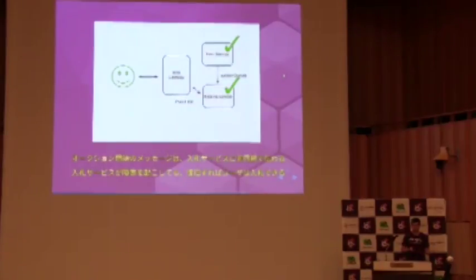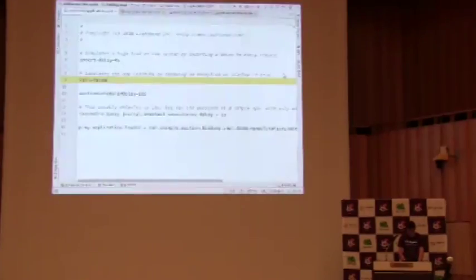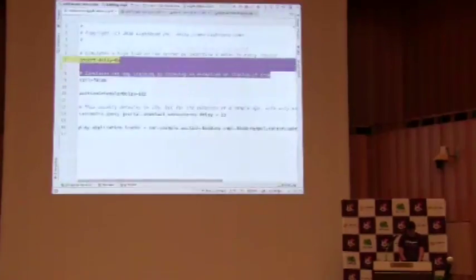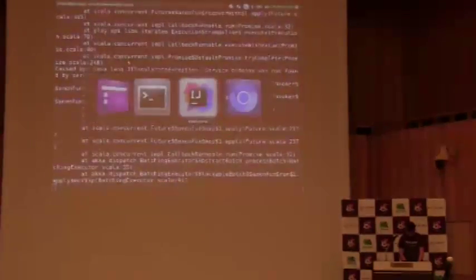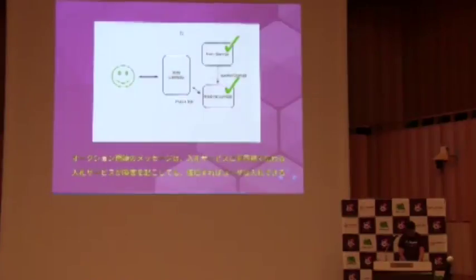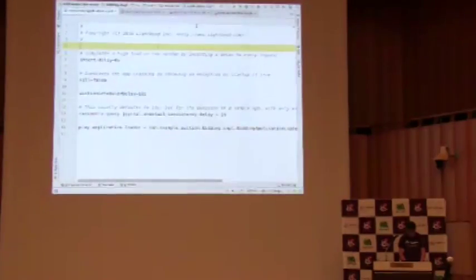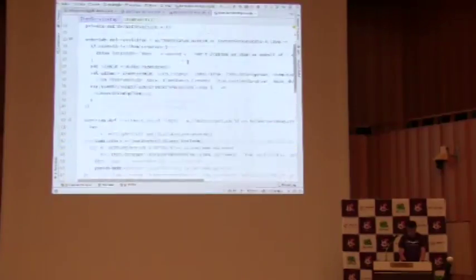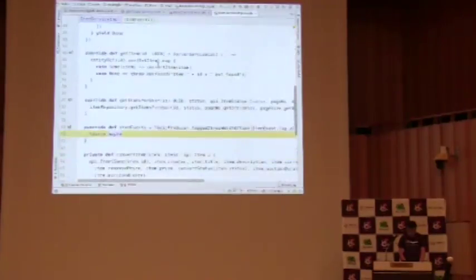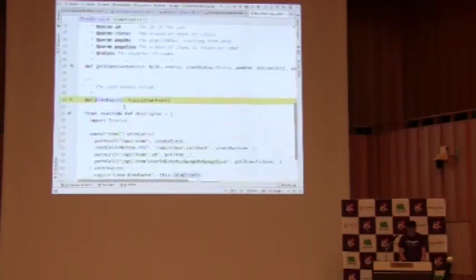So let's have a look at what this looks like. Here's my item service. Now in Lagom you have service descriptors, so we'll go and have a look. We're declaring that the item service publishes a topic of item events. So I'm going to go and implement this now. At the moment it's just returning an empty source.